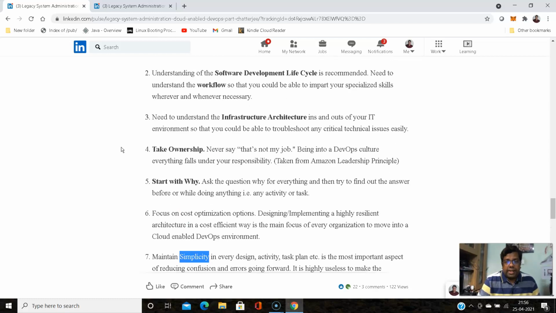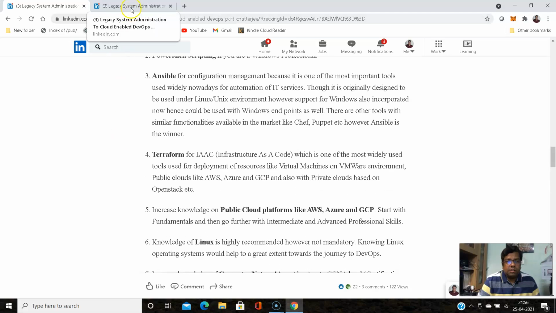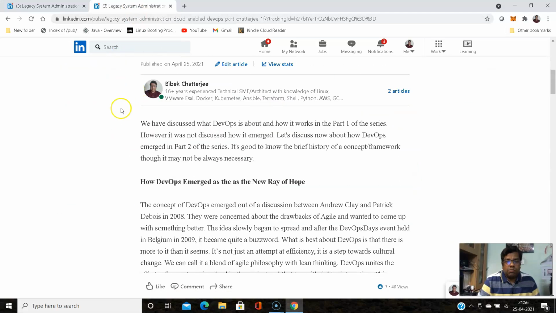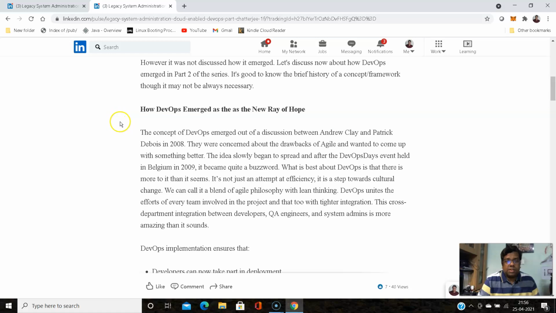So, this is the end of the first article. If you go to the second article, I started with the emergence of DevOps, how it emerged. The concept of DevOps emerged out of a discussion between Andrew Clay and Patrick DeBois in 2008. They were concerned about the drawbacks of Agile and wanted to come up with something better. The idea slowly began to spread, and after DevOps Days, an event held in Belgium in 2009, it